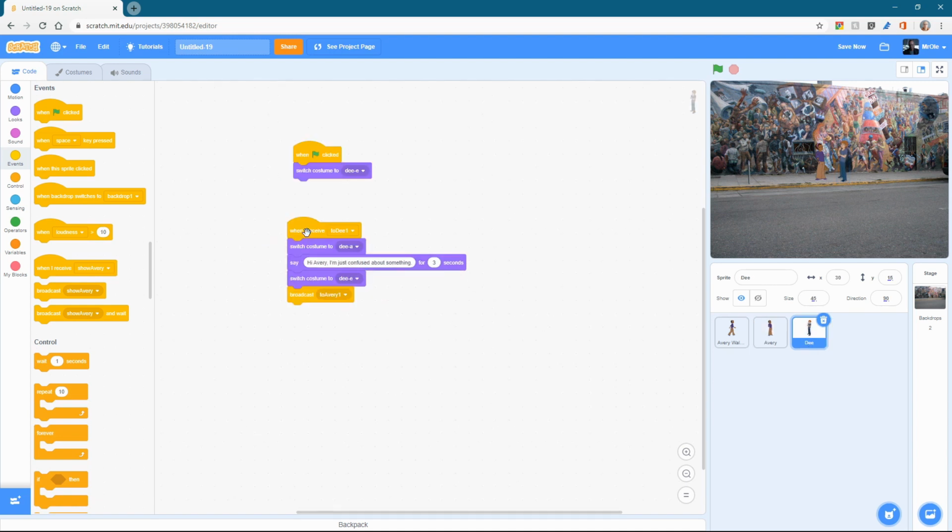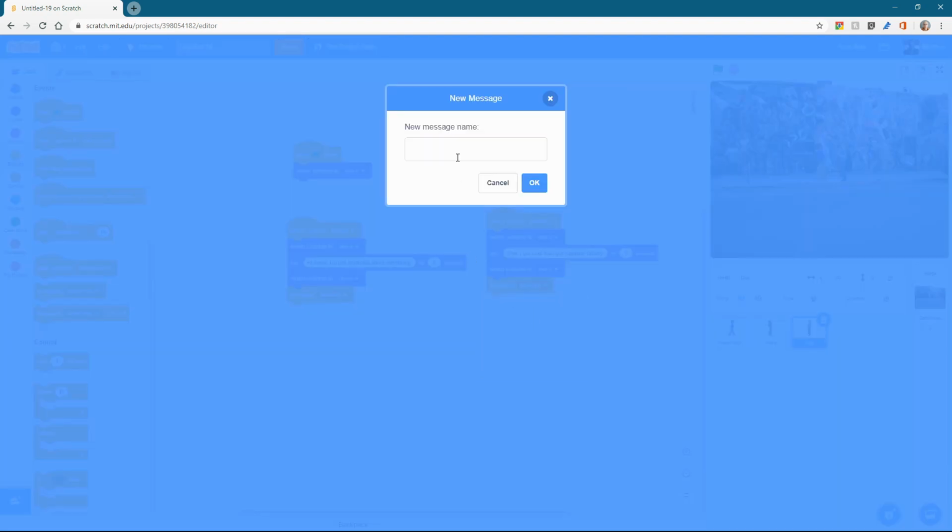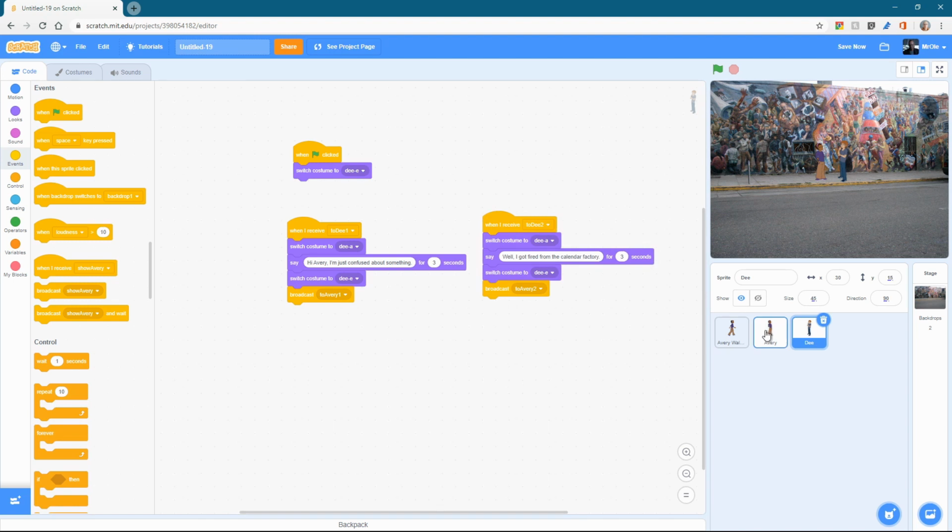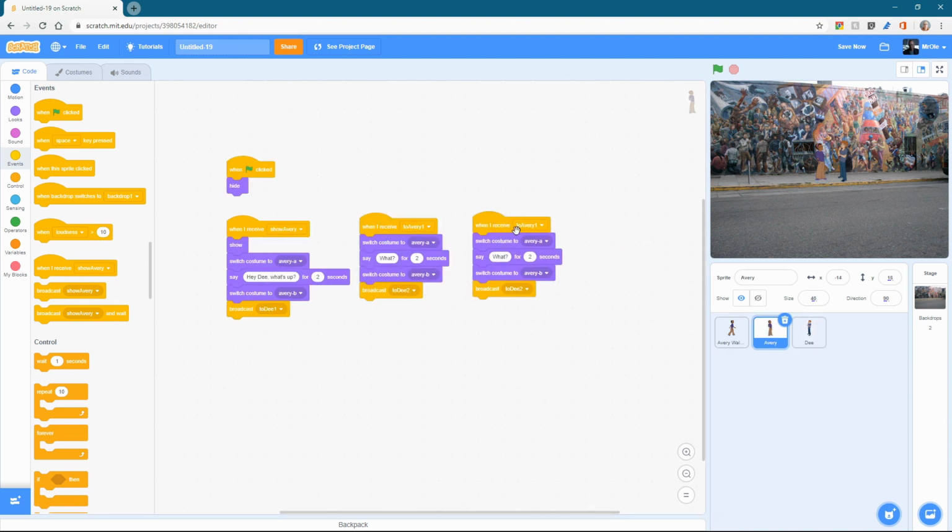Let's go back to D and again, right click and duplicate and change this to when I receive D2. And then D will say, "Well, I got fired from the calendar factory." And then we want him to send to Avery. Oh, it's not doing it. To Avery 2. Okay. And then we'll duplicate this again, when Avery receives Avery 2, then she'll say,